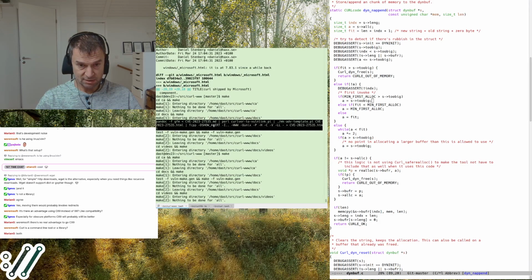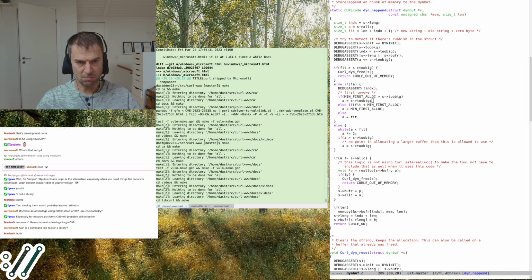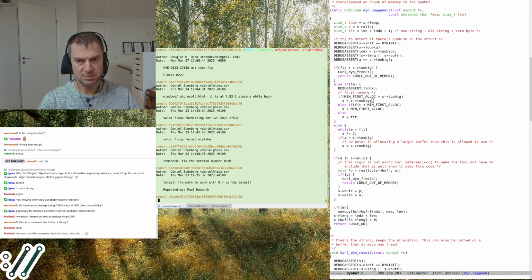Okay, so this is the command line that actually updated the web page for this CVE. It's a bit of a complicated thing, but the point is that it converts the markdown, and it adds some link stuff and so on, and then it generates the HTML page. And when we have pushed this to the website, actually we push it to the master branch on Git. The website automatically updates from Git, I think every 20 minutes or so.